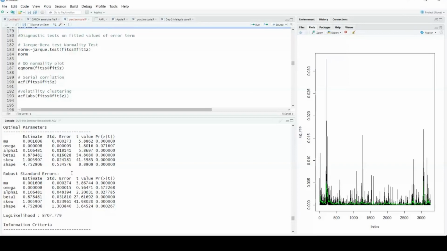So my tail will come towards the right hand side. It says that in Apple stock, there are days when Apple stock has given me very, very high returns. Not all the time, but there were days when Apple stock has given extremely outstanding returns. Are you getting my point? Yes, ma'am.